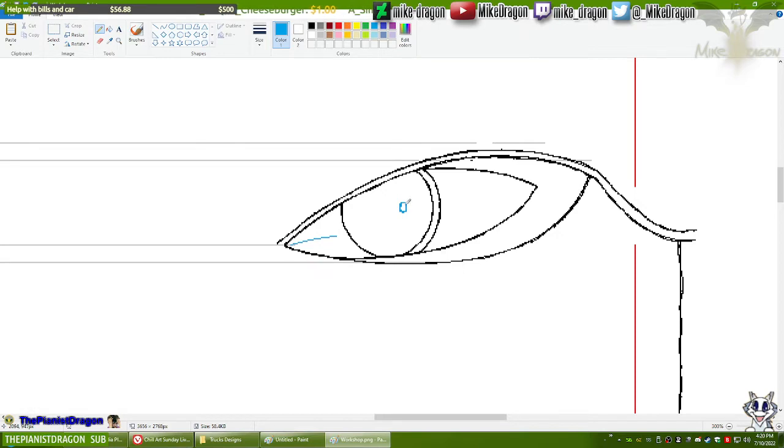Alright, so that would be a light bulb on this circular area. Alright, so we're gonna make this look concave. By the way, this is not exactly completely concave.